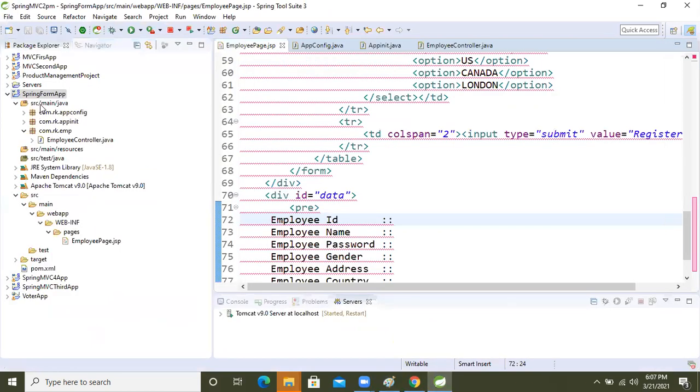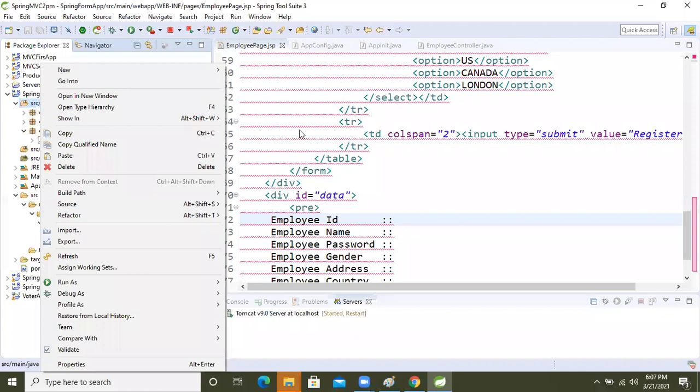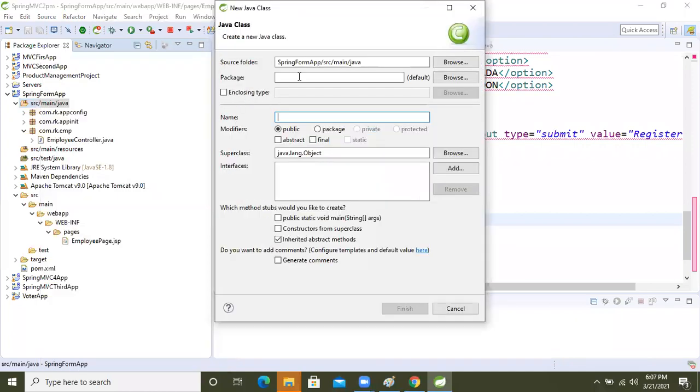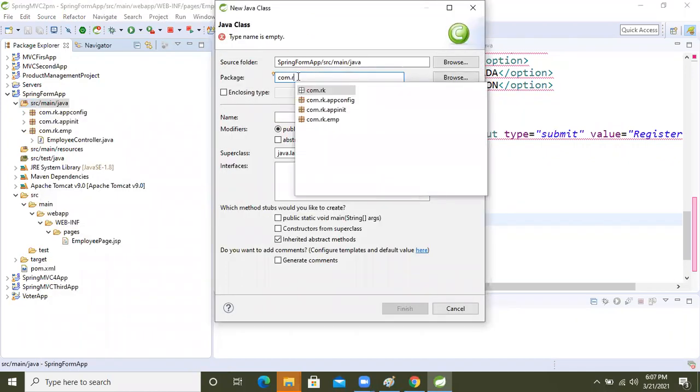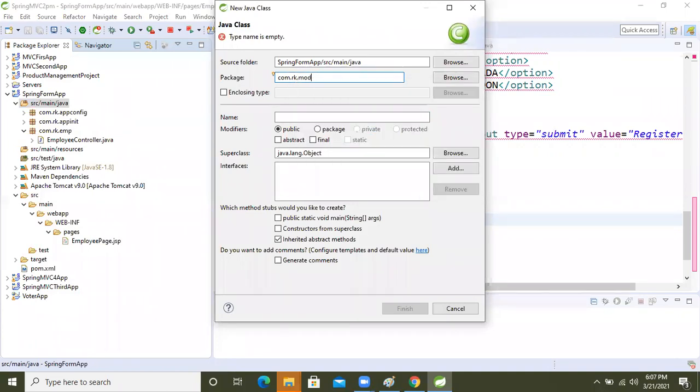So let's take one model class. New class. Now package name I'm taking com.rk.model. Class name I'm taking Employee.